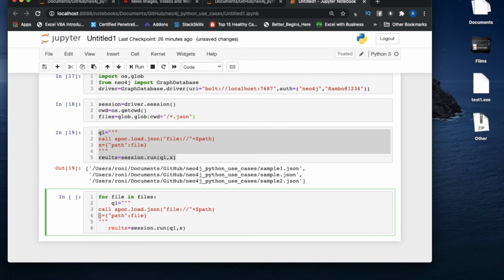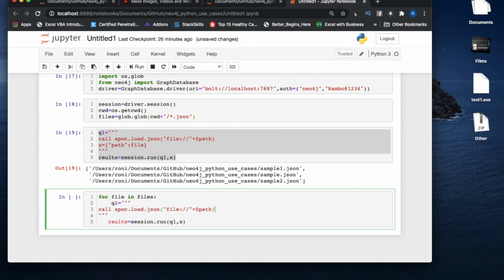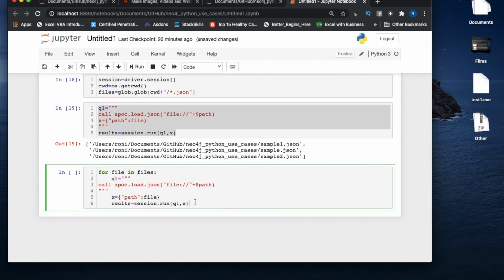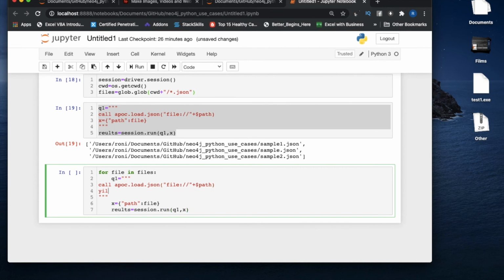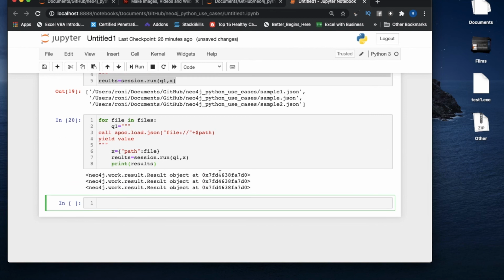I actually put this inside this, but this is not part of the query. So let's run this here, and it should be here. Okay, so our query part is done. If I run this, okay, I forgot to put yield value, and once this is done, let me print the results. Let's see. It should create a Neo4j bolt driver result set, something like that, if there is no error. So I got this result set.